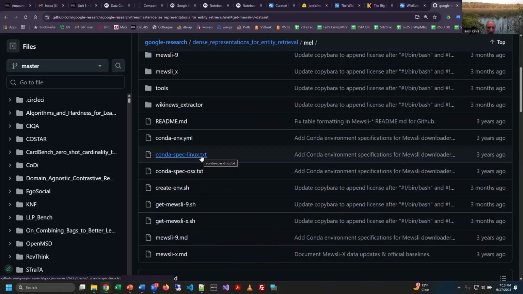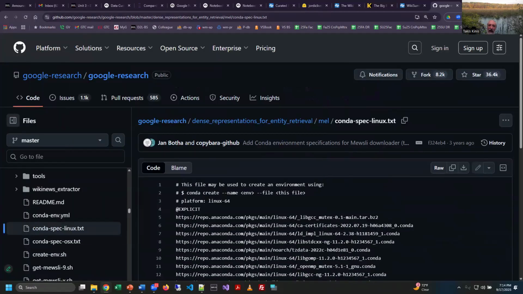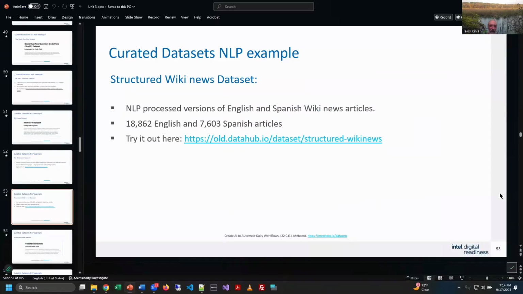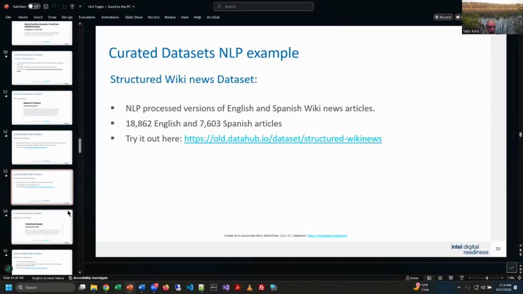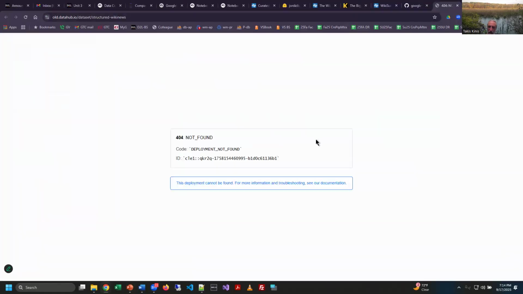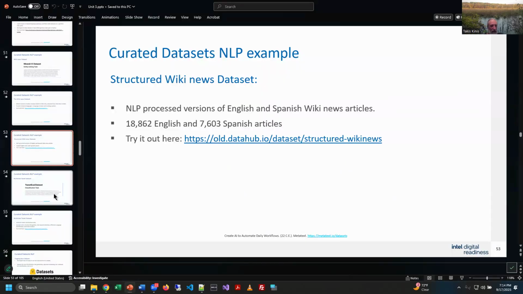One of these data sets is the raw data set. So I'm kind of, yeah, not it. Anyhow, let's not waste time hunting for nothing here. Moving along, we also have this structured data set built upon that in English and Spanish. And I kind of get the impression maybe this was the one. Okay, that one. So if you do find broken links in these slides, I appreciate if you let me know.